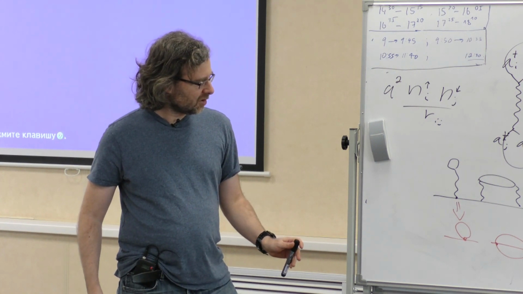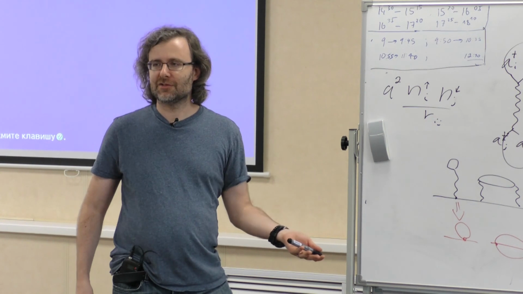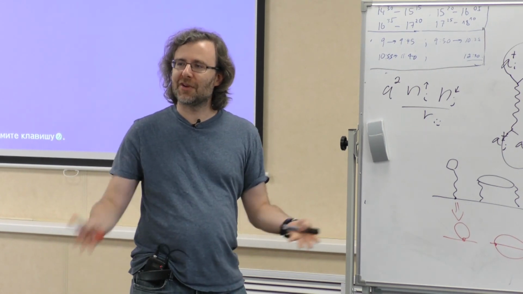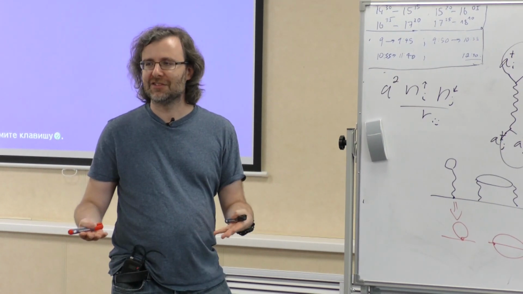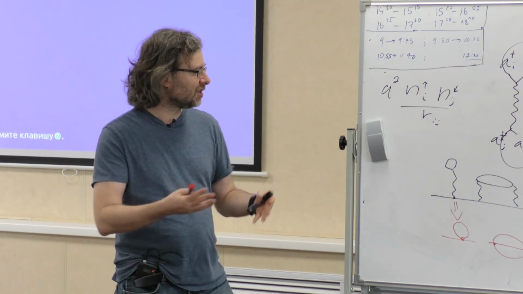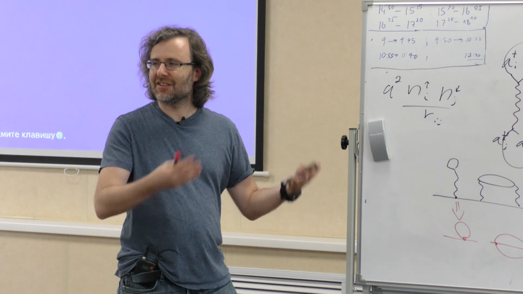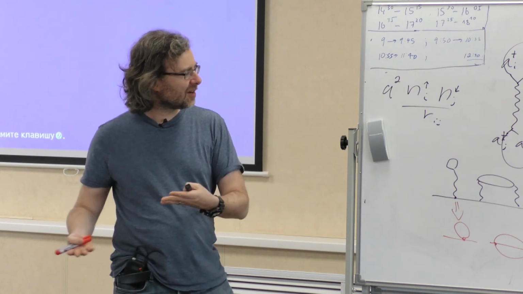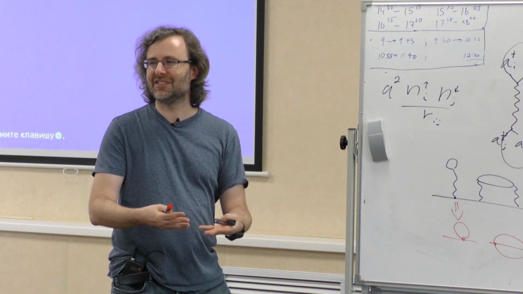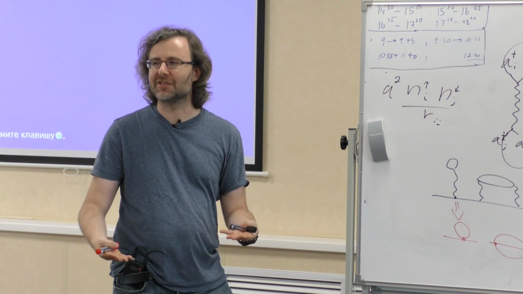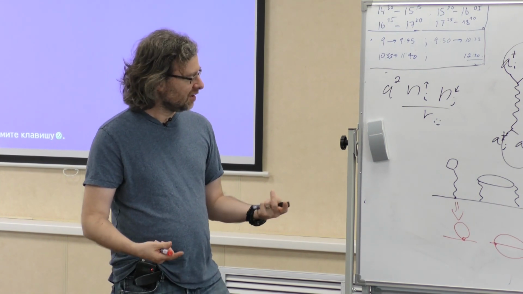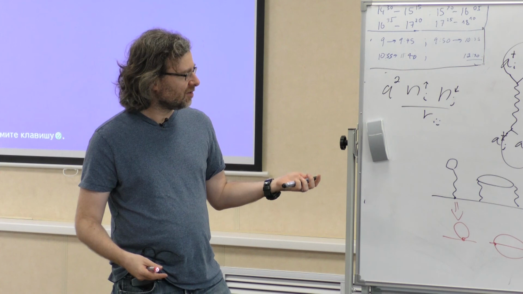Okay, so now what are the rules? When you have Feynman diagrams, you have Feynman rules. The rules tell you which diagrams you're allowed to draw, and how to translate these diagrams into equations, right? Because eventually you want to sum up numbers. Okay, so essentially the rules tell you,